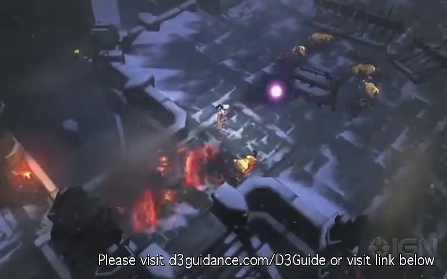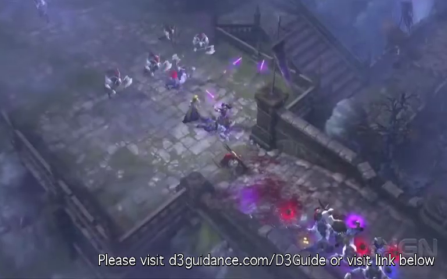And one of the things, you're probably seeing a trend here, is that comboing abilities is really one of the best ways to do maximum damage output while taking the least amount